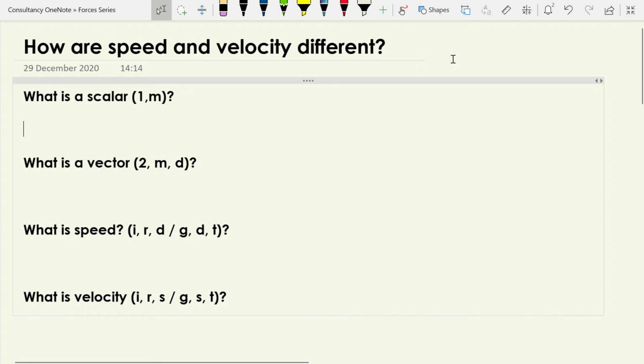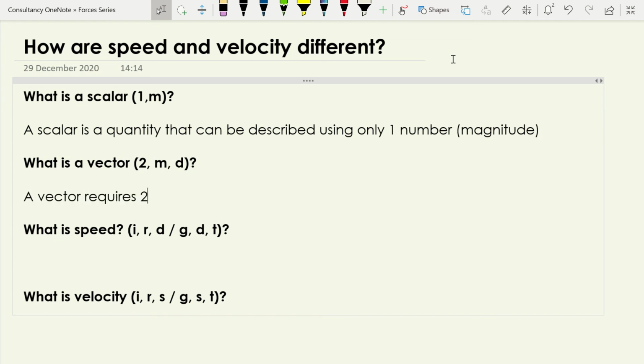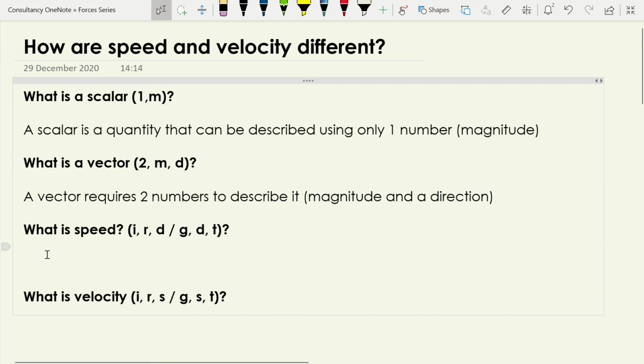So a scalar is a quantity that can be described using only one number, which we call the magnitude. A vector requires 2 numbers to describe it. It needs a magnitude and a direction. There. So in terms of the scalar and the vector that we're going to be looking at specifically,